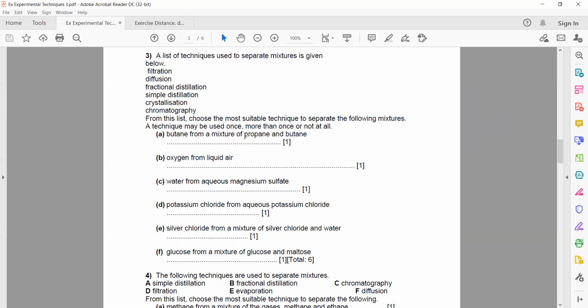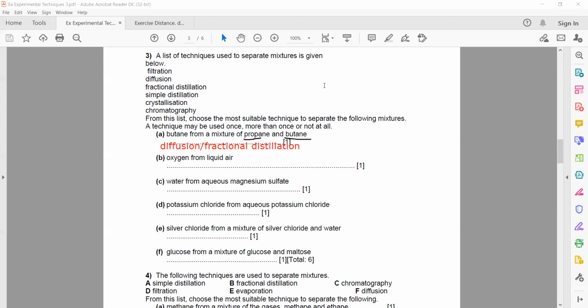So butane, from a mixture of propane and butane. So basically both are gases. So when we have gases, the technique which we can use is diffusion, or we can use fractional distillation. So when two or more miscible substances are there, we use fractional distillation. Or